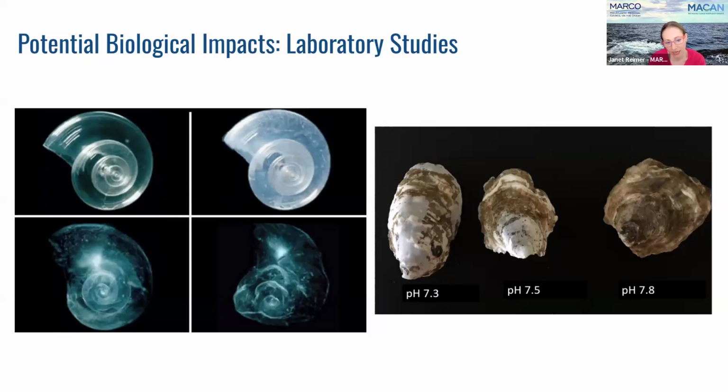And I do apologize. Usually I have a graphic that has the number of days, but I believe the most deteriorated shell was up to 39 days of high CO2 conditions, which generated the low pH conditions. And then on my right, you have some eastern oyster that were different animals that were exposed to different pH levels for the same amount of time. I believe it was 30 days. And you can just see the lower the pH, the shell quality does seem to change.